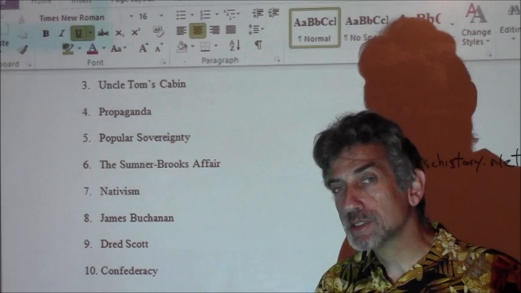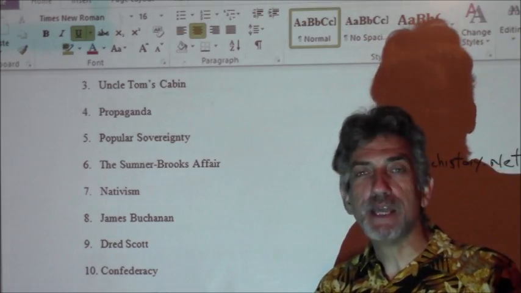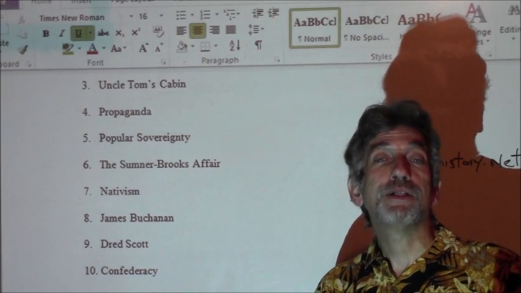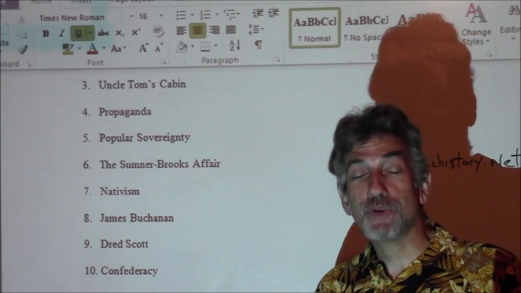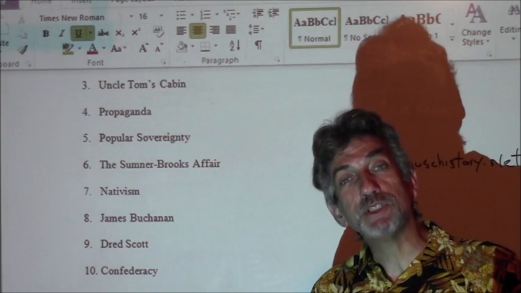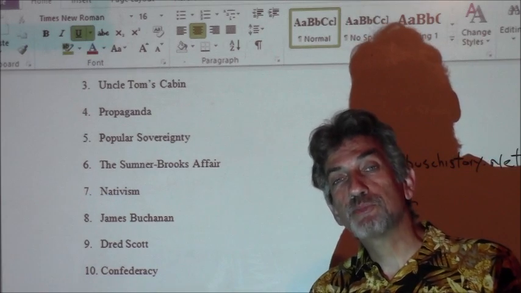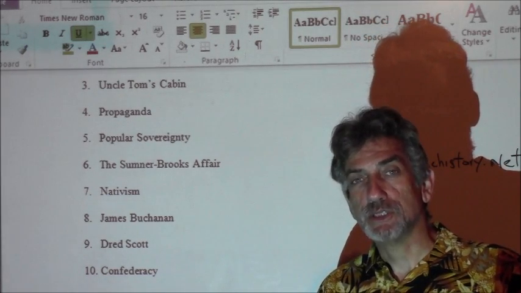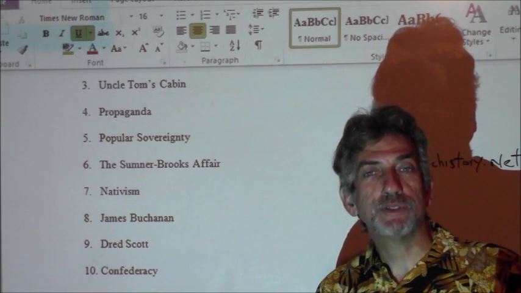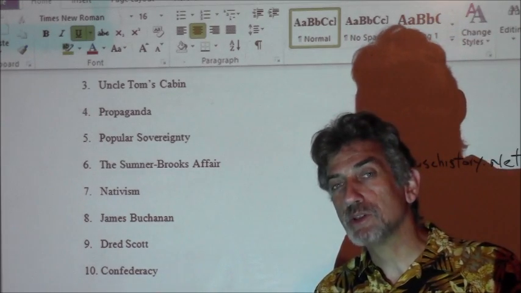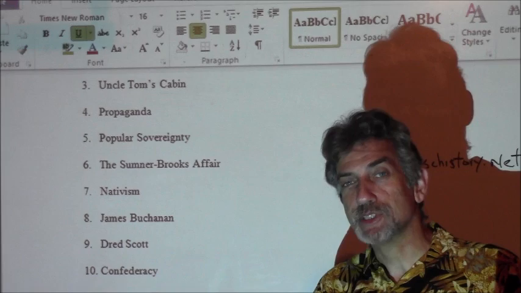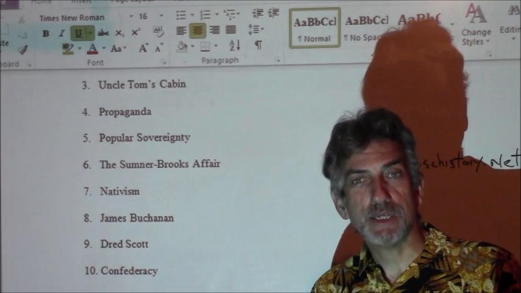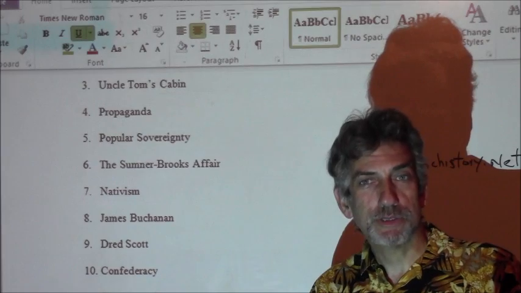Just an interesting sidebar to this, and it comes up again and again, is how does Dred Scott get to the Supreme Court anyway? Well, Dred Scott's master, John Sanford, is an abolitionist, and he wants the Supreme Court to make a decision, a precedent decision, that says that all slaves who travel into free states are thereby free. Without going into the whole issue why John Sanford is an abolitionist and owns a slave, you can look that one up on your own. Suffice it to say, Dred Scott, by the way, dies 2 years later.